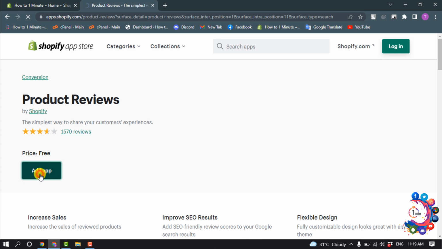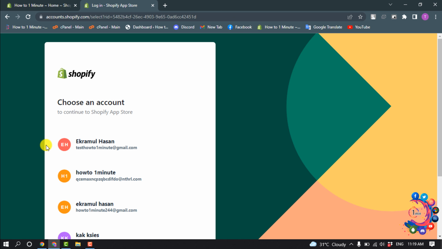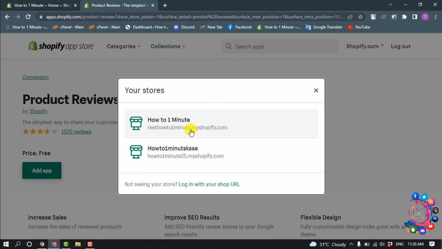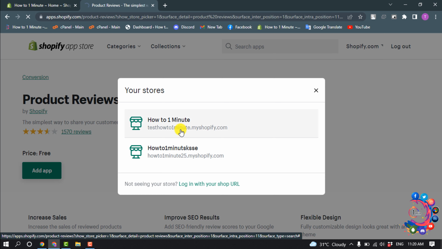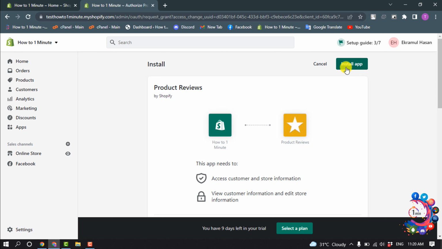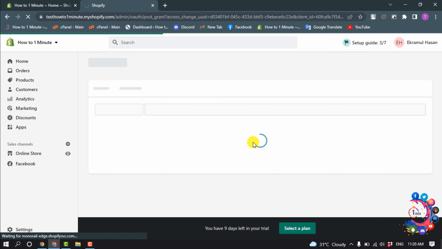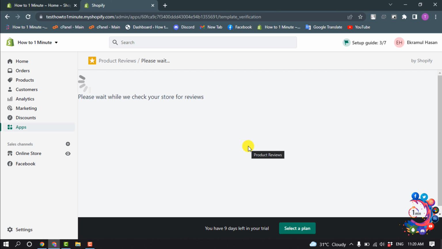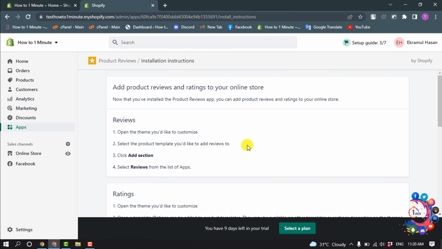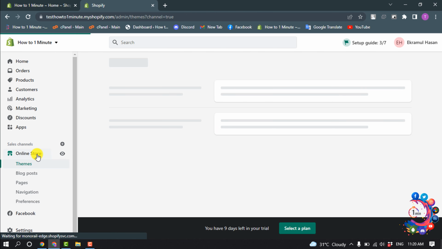and click on add app, and now choose an account and now select a store and click on install app. Okay, the app has been successfully installed, and now click on online store